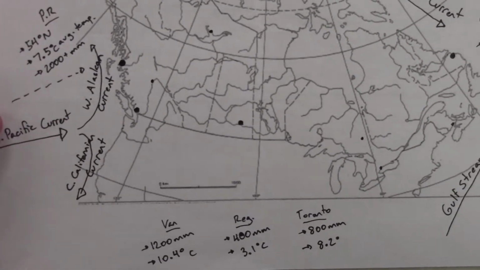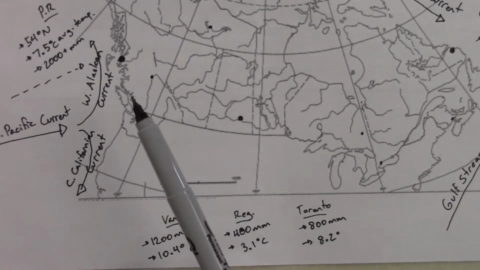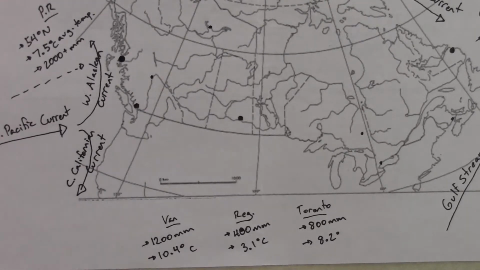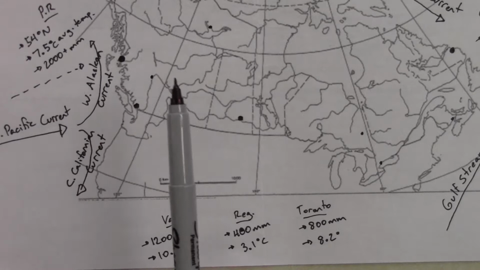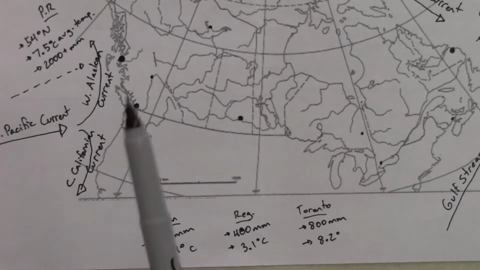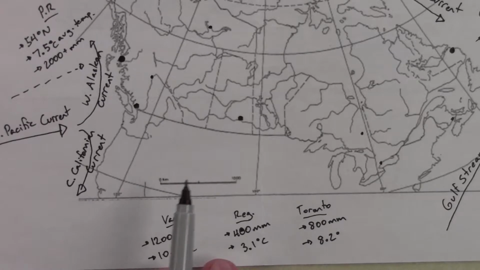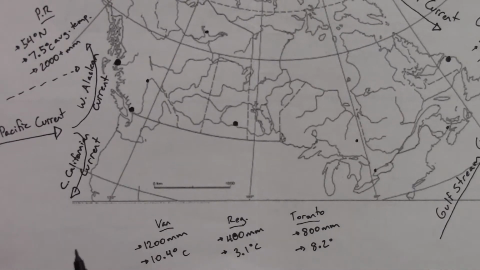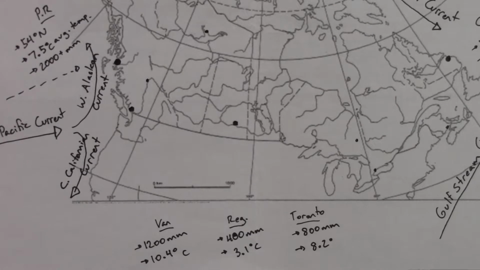The differences between a maritime, a continental, and a modified continental climate. So Vancouver, being next to water, based on its previous talk, has the ability to hold on to heat better than land, and takes longer to swing in temperature to the warm side or to the cold side than land does. This water is constantly keeping the climate in Vancouver moderate, right? So it's keeping summer temperatures cooler, and it's keeping winter temperatures warmer. So it's creating less of a temperature range,